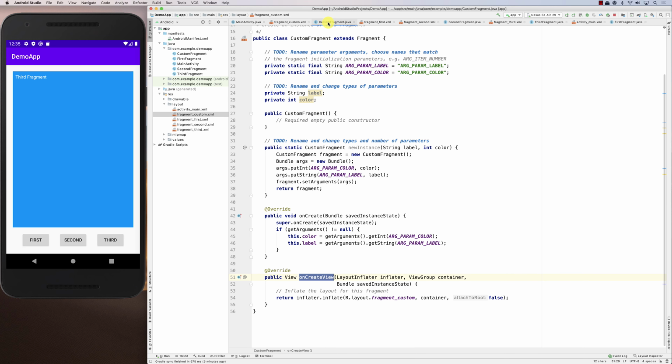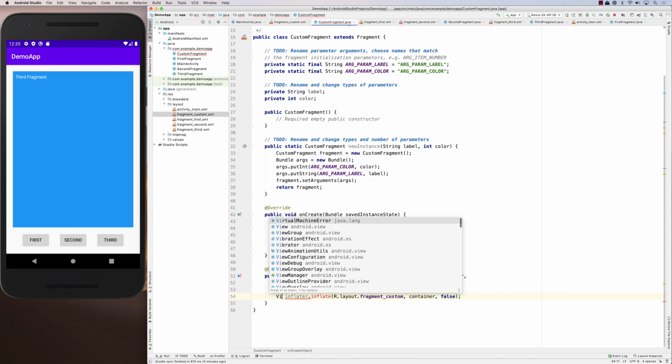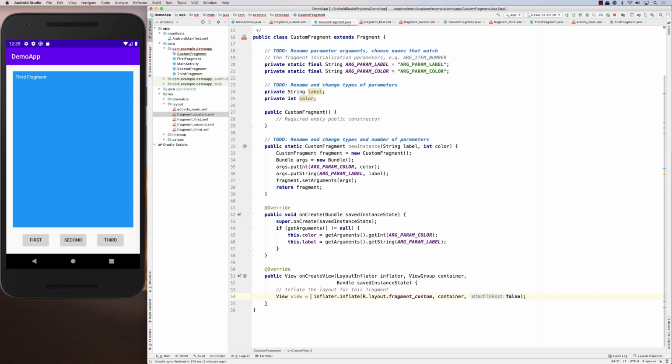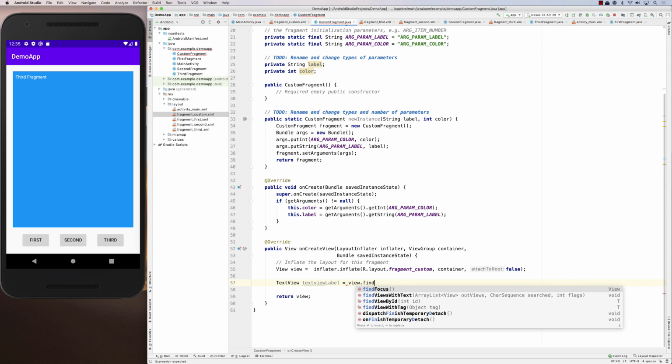So where? Let's go back to the custom fragment. Same scenario, we'll do it here. We'll do a view equals this, and we're going to return the view, right? So that's basically what we're going to do. And basically what I'm going to do here is call to get that view. So I'll say text view, this is the name of it. I'll say, for example, view.findViewById,